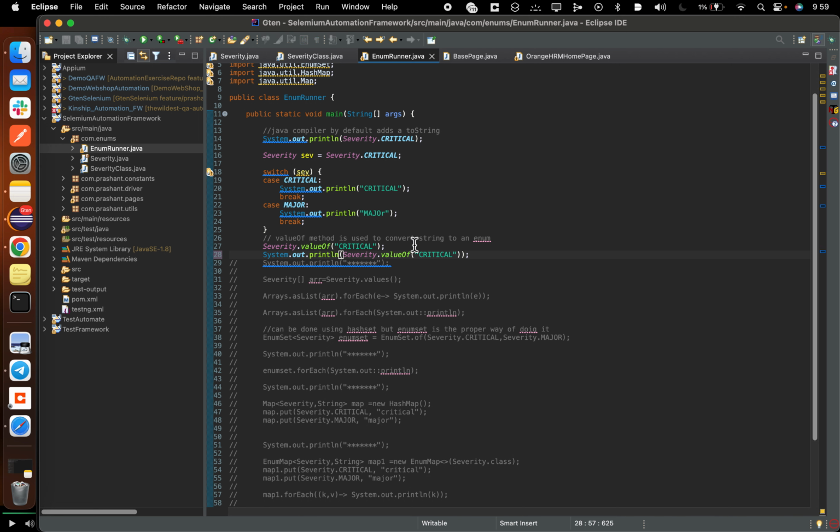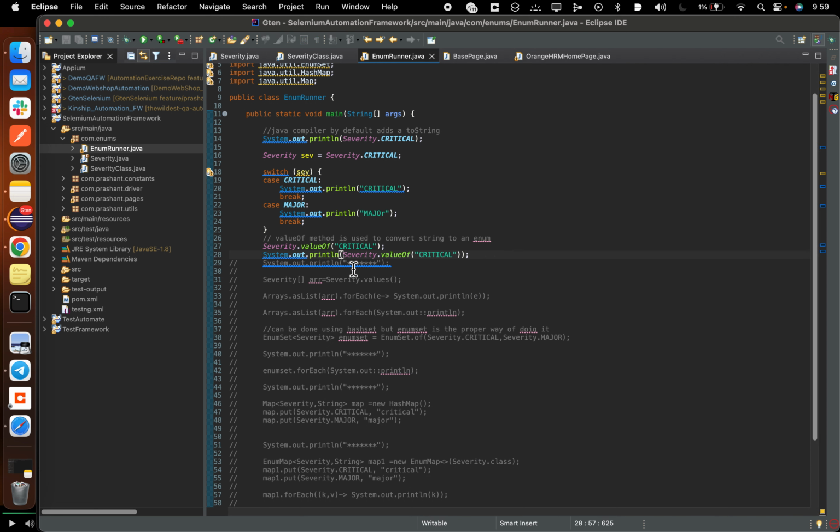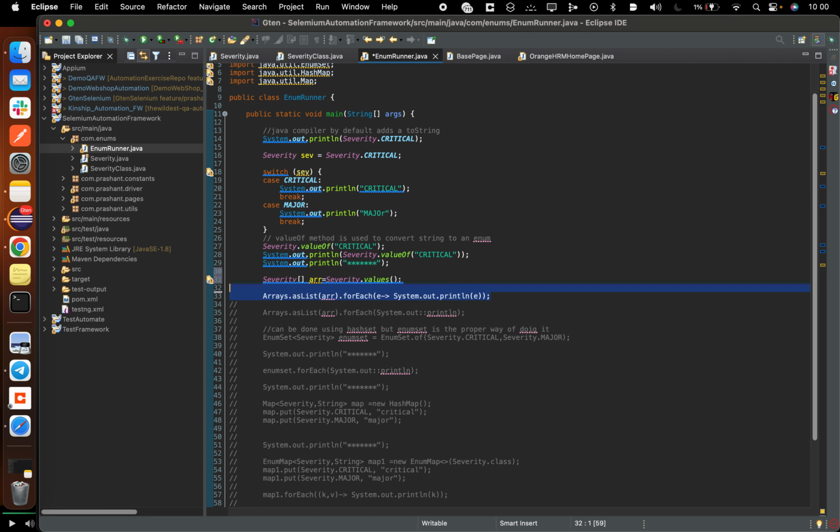So what we do here, the value is critical, of course, right? This is of type Severity, for obvious reasons. And then the values function is there, right? What it does is the values function will put it in the form of an array. We can then use Arrays.asList to call this function, and forEach e, System.out